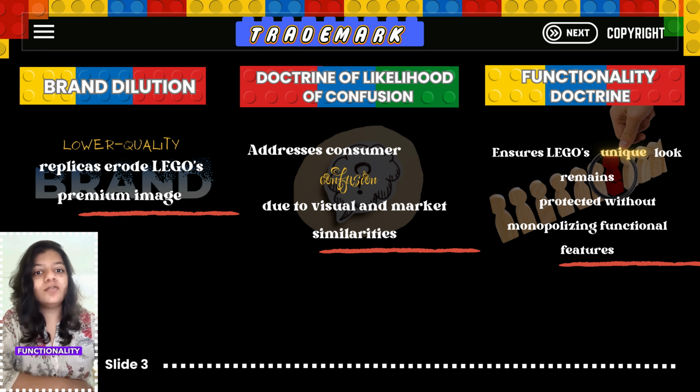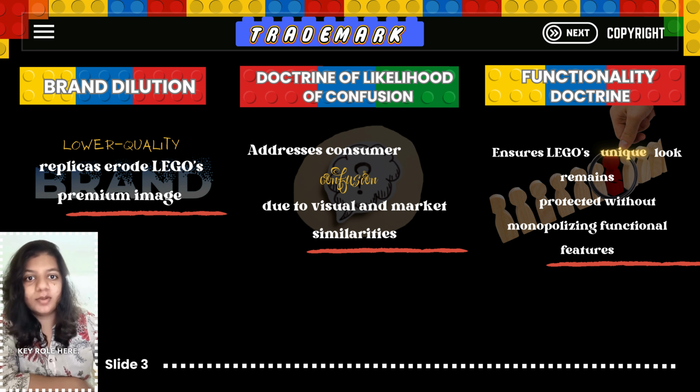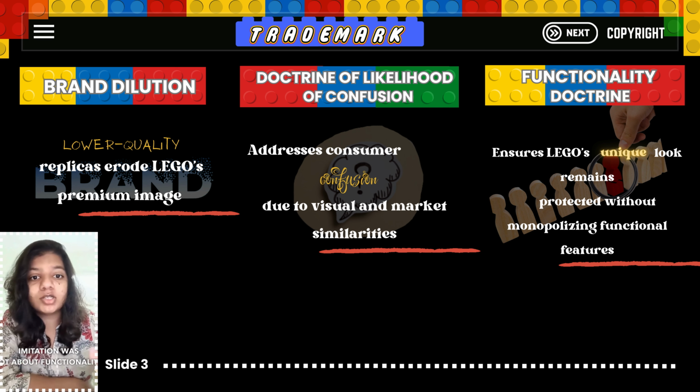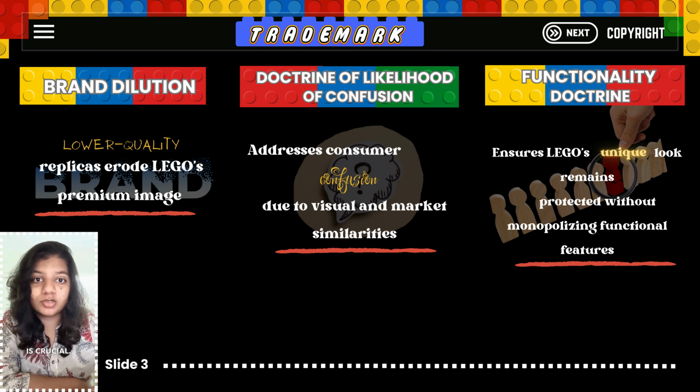The doctrine of functionality also played a key role here. Functionality doctrine states that trademark protection cannot extend to product features essential to use. This limits brands from monopolizing functional elements that should remain accessible in the market. LEGO's legal team had to show that Lepin's imitation was not about functionality but about appropriating LEGO's distinct brand appearance. The balance here is crucial. While a brand like LEGO benefits from trademark protection for its identity, the doctrine prevents excessive control over universal building